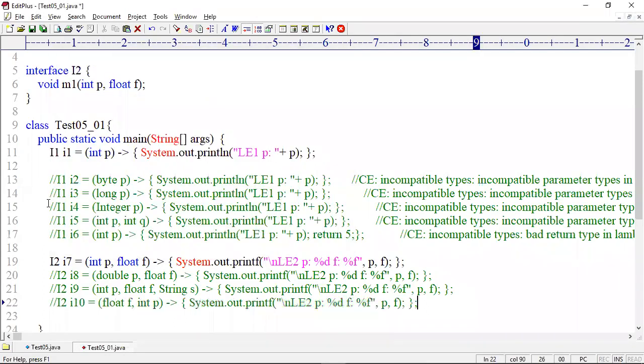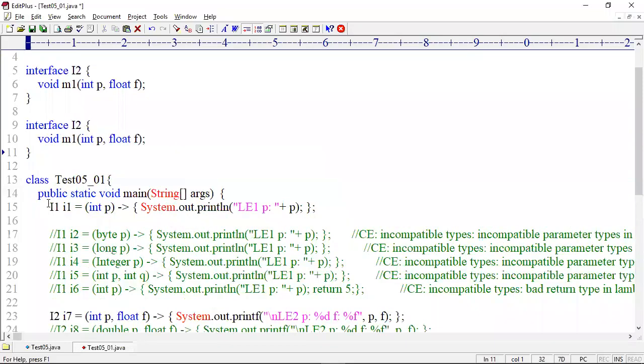Then next point. I'm taking one more functional interface, interface I3, with method m1. Now I'm not worrying about parameters; I'm taking return type int, or else you can take a parameter also: int p and return type int.